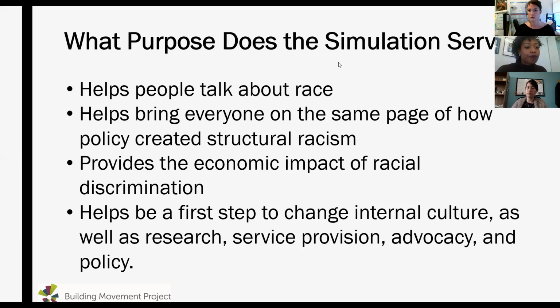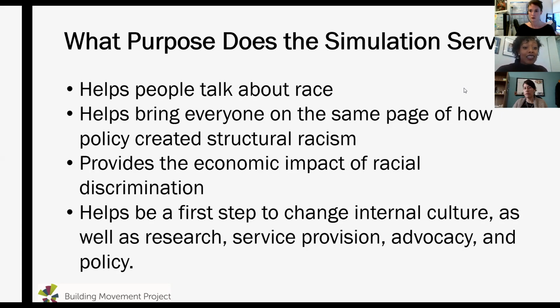so that we can actually move forward. And in addition, it also provides the economic impact of racial discrimination, which for me is really important for people to understand: it's not just an interpersonal thing. It has real economic impact that affects a lot of social issues that many of us care about: education, housing, jobs, hunger, poverty. You name it, it's almost everything. It's interconnected. So if you care about whatever topic you care about,